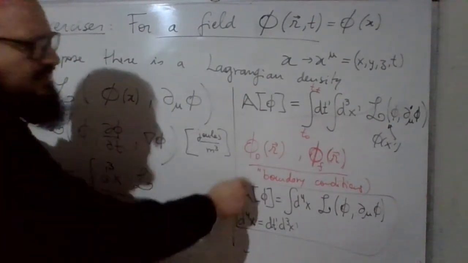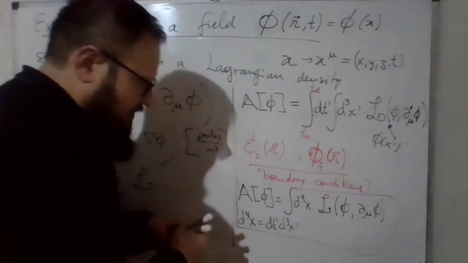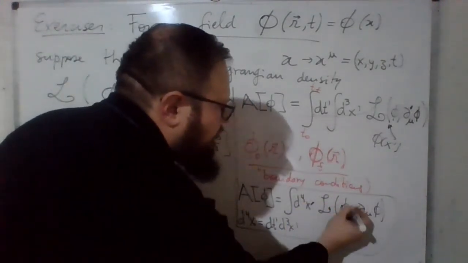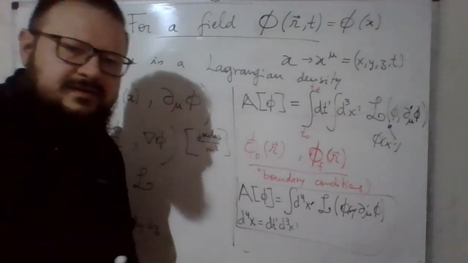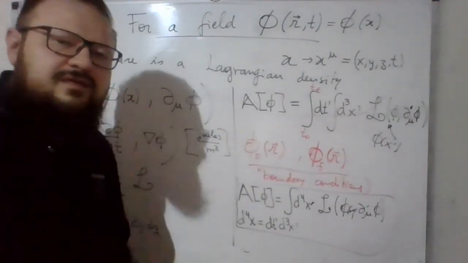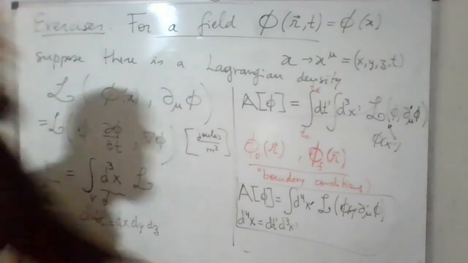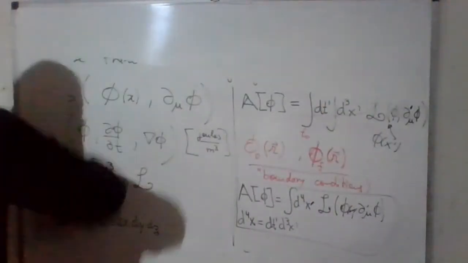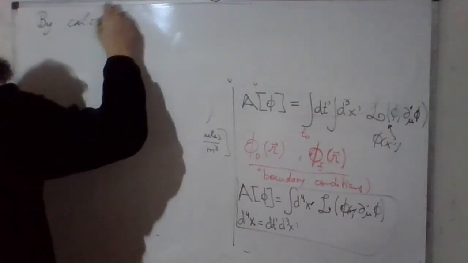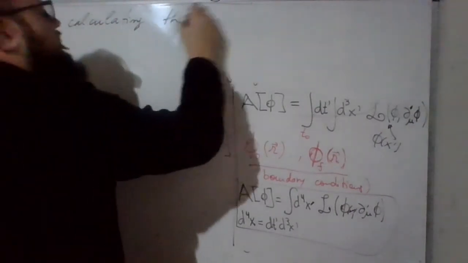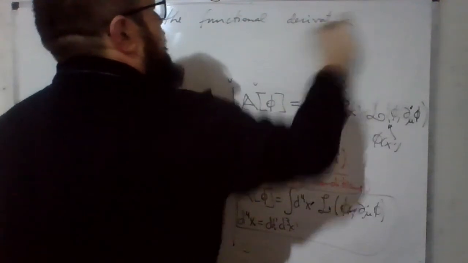So this is the action. You need to vary this with respect to the field. Remember, I am using the integral here in the variables x prime, primed derivatives and so on, just because we want to calculate the functional derivative with respect to the field phi evaluated at some x, right? So the exercise is calculating the functional derivative